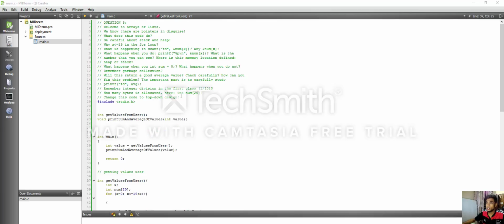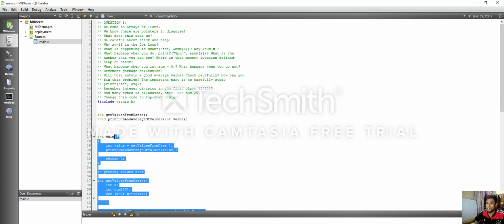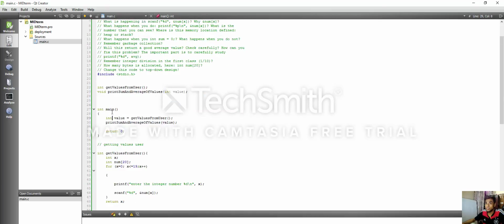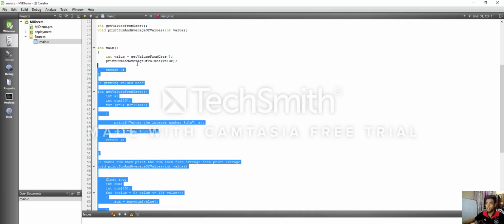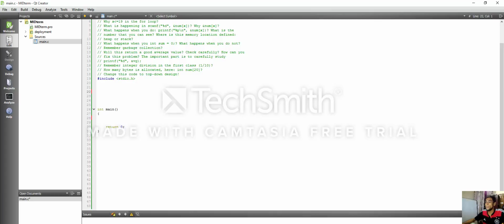Sorry, I forgot to mention about this part. How many bytes are allocated here in int num[20]? Let's cut it. Let's see what the program tells. The C program will give us the answer. Now let's take this thing, num[20]. Print if the size